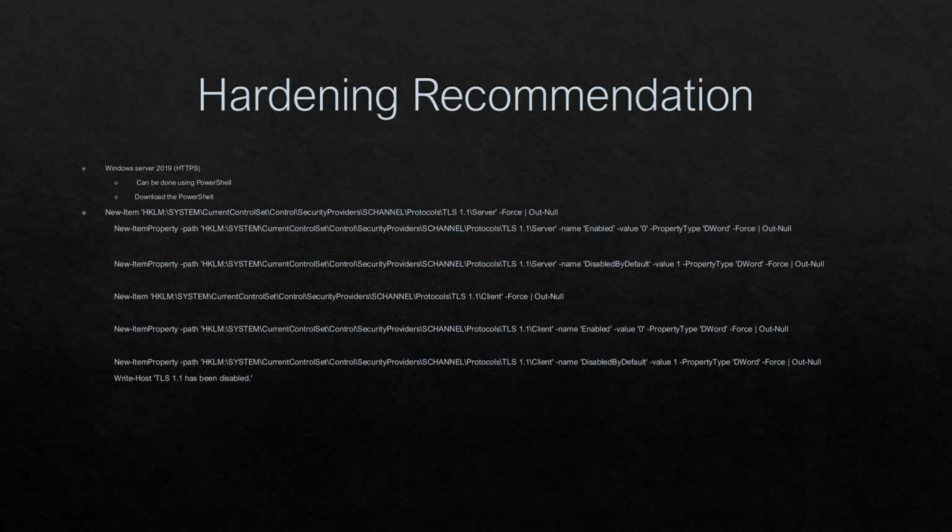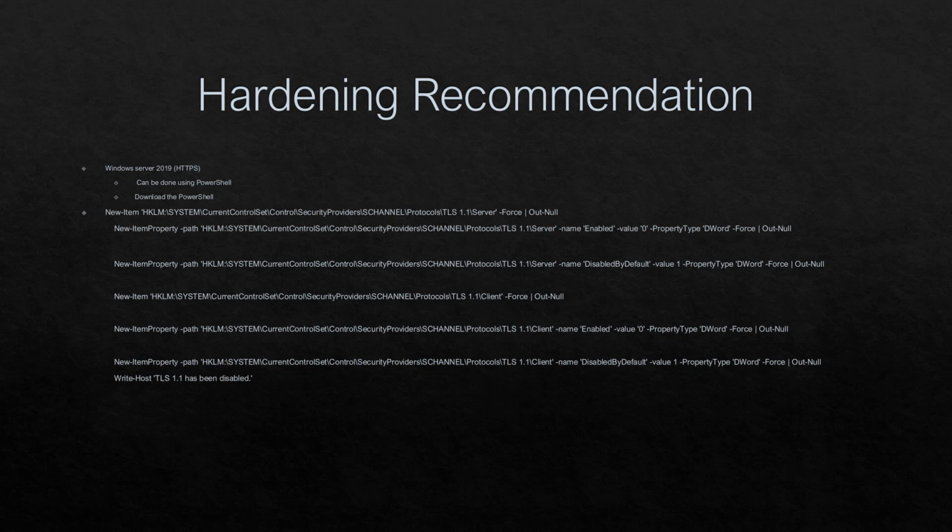This code by itself will disable the TLS version 1.1. But in our case, you can actually disable it by changing the numbers to fit exactly what you want. So this code is for 1.1, you can disable it for 1.0, and you can rewrite the code again and do it for 1.2. So by doing this, you are actually disabling the TLS version or the SSL version for the Windows, meaning that any